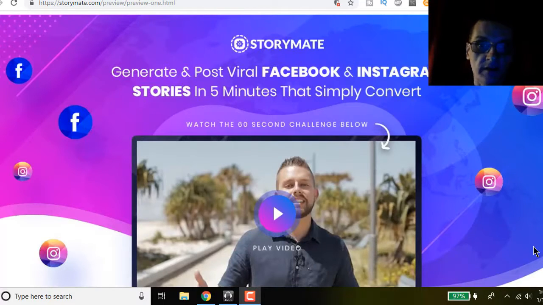So, guys, here we are on the sales page of Storymate, and again, Storymate's going to make it easy for you to create stories. I'm just going to log into the back office. I'm going to show you exactly how the software works. You can create stories right within Storymate, and then you'll be able to actually post and schedule them to Instagram and Facebook. Okay, so